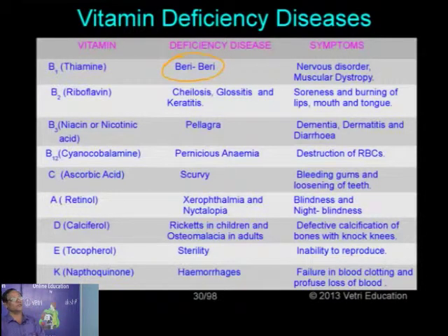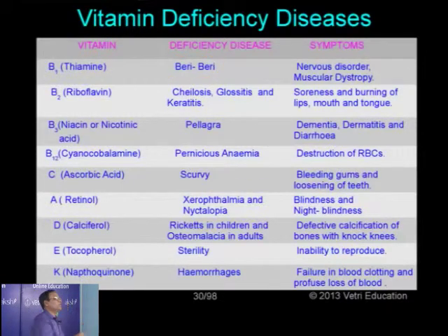And we are filtering the porridge. If you are cooking in a pressure cooker, the vitamin is not removed because it is retained. There is no loss of water, no loss of porridge. So anyway, B1 is most abundant in the outer layer of the cereals. Now, B1 deficiency leads to beriberi disease. The symptoms are mainly nervous disorder and muscular dystrophy.